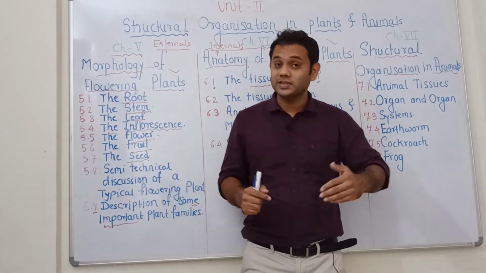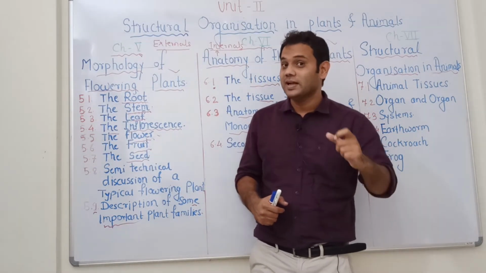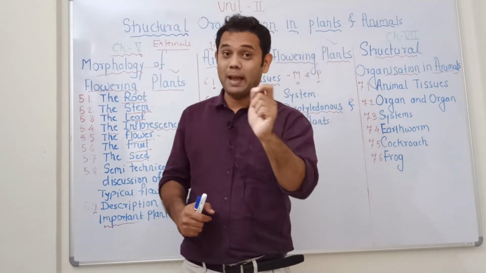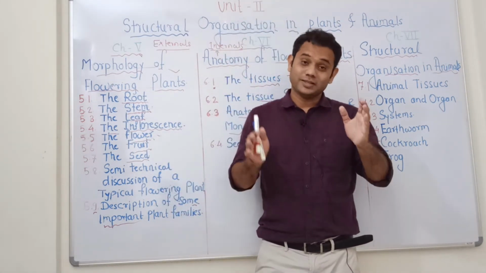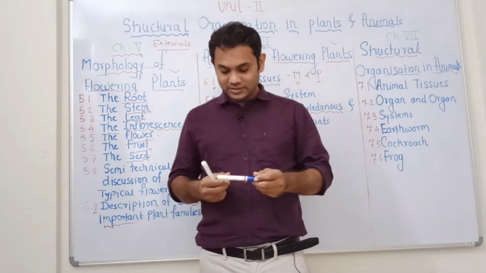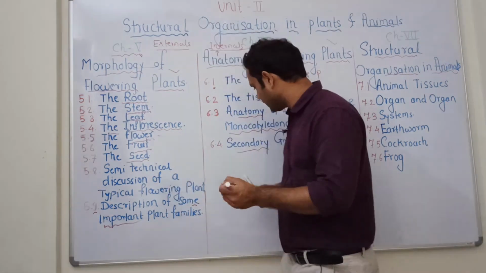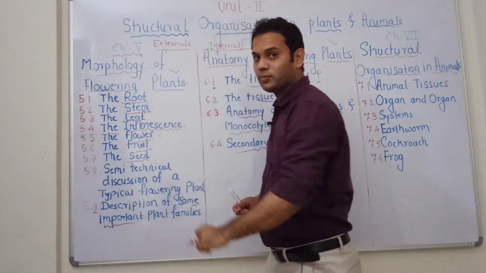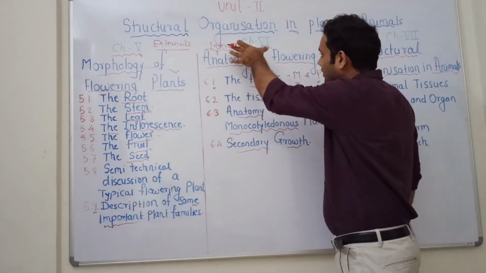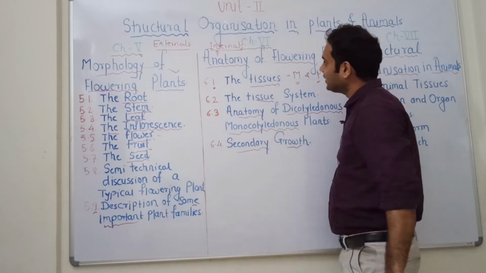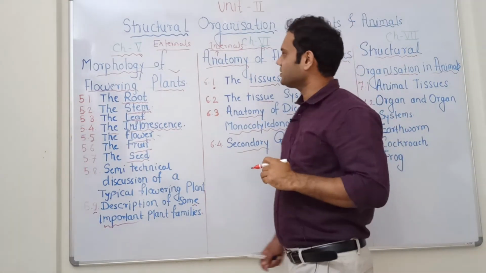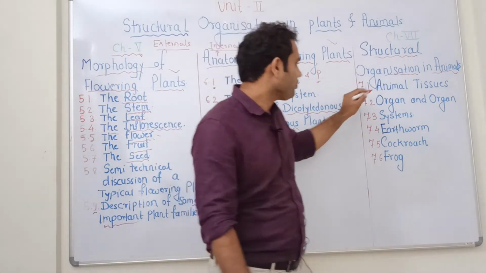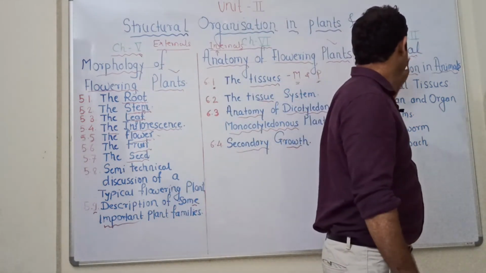How does it happen? Which tissue is important for that? The tissue's name is cambium. So what is cambium? That will be studied in the secondary growth chapter. Chapter number 5 deals with the morphology of the flowering plants, chapter number 6 deals with the anatomy of the flowering plants, and chapter number 7 deals with the